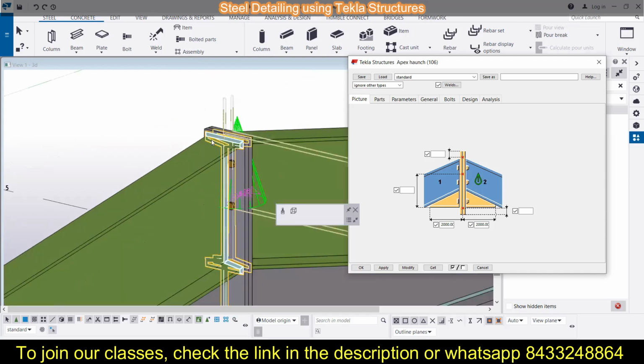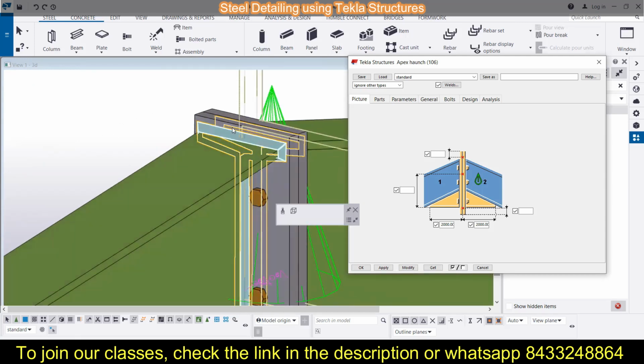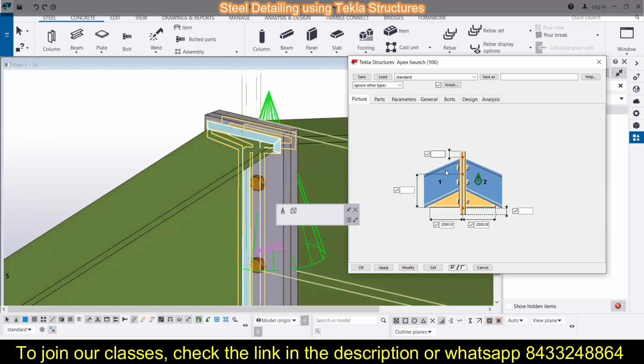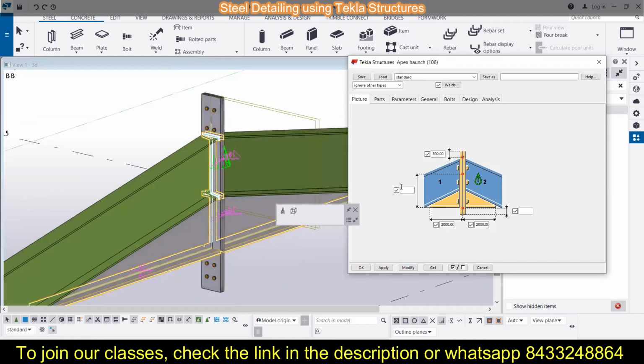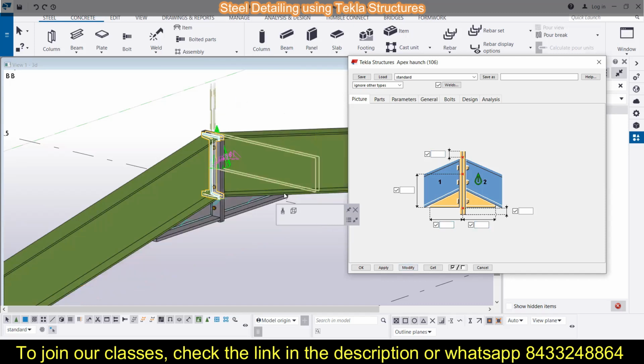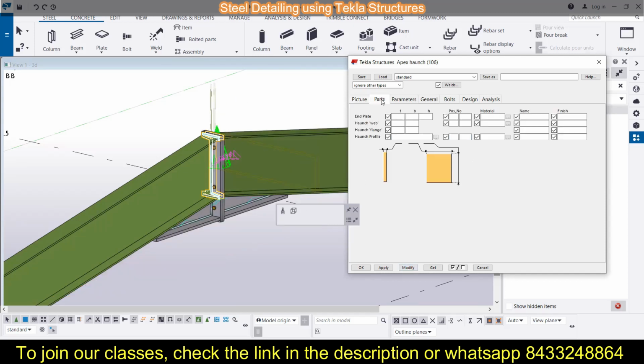Now again, on the top, if you want to leave an extra distance, you can also do that. Suppose you want to add 300 over here, then click on modify and it will go up like this. Okay, same thing you can do over here, but I would like to keep it as default, so I will just delete all these things and click on modify and it will come back to the default.